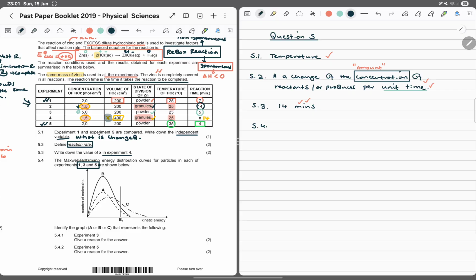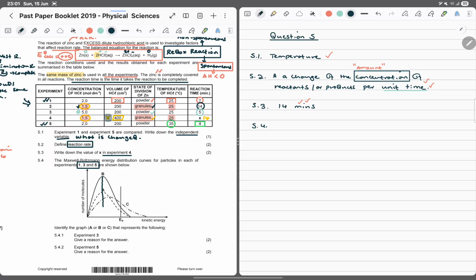Now our job here, before we answer any questions, we need to identify which curve represents which experiment, right? Now if we look at experiment 3, we have a higher concentration of HCl molecules, while we have the same number of particles of the zinc powder, since we used the same mass. So the total number of particles in this experiment is going to be higher because of this concentration of HCl, but at room temperature. So we will see that the peak for B is much higher than the peak for A,